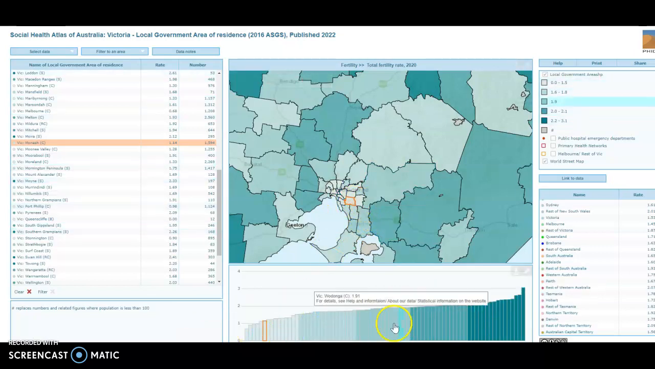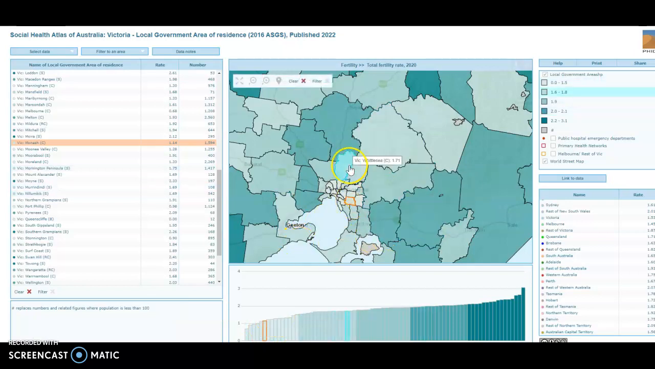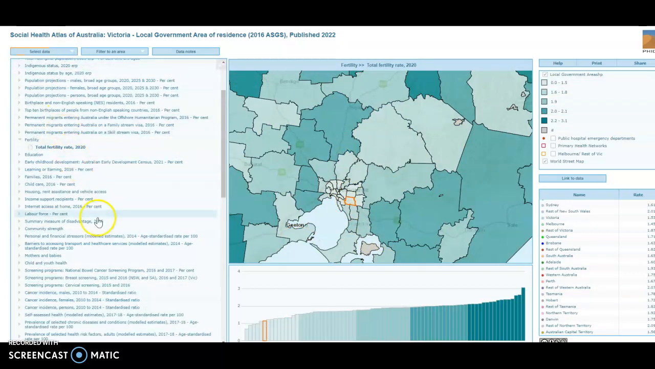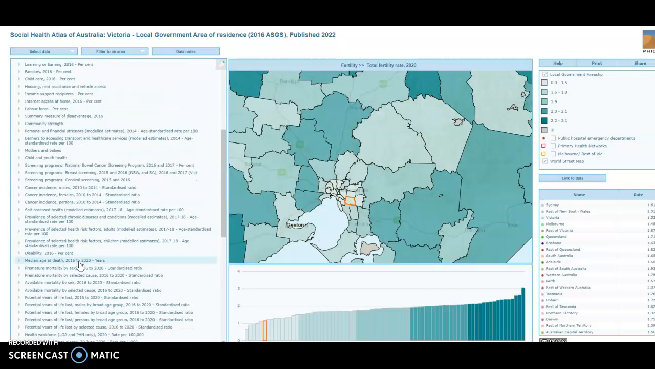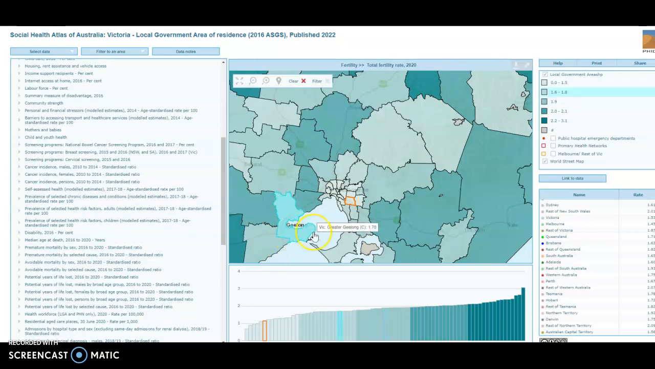the other LGAs. You can see it's very low, so the number of births is very low compared to the others. But you can select a whole range of different bits of information. So you can look at things linked to community strength, labour force, income support. There's lots on health and education. So you can perhaps use those to help think about what your LGA needs in the area, which will help